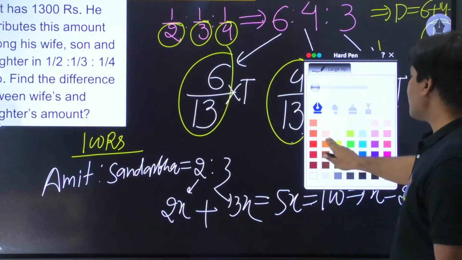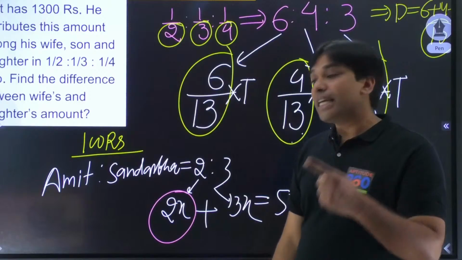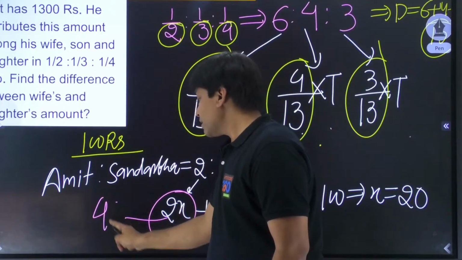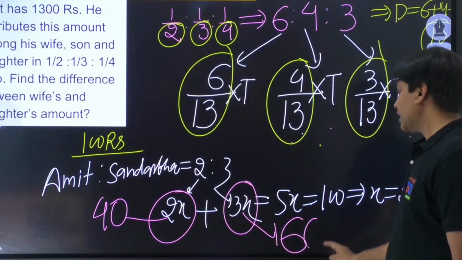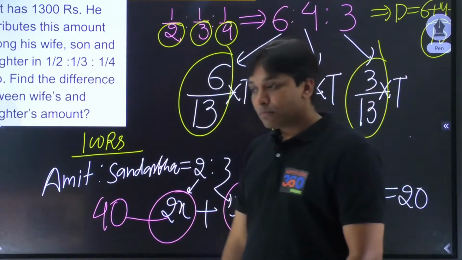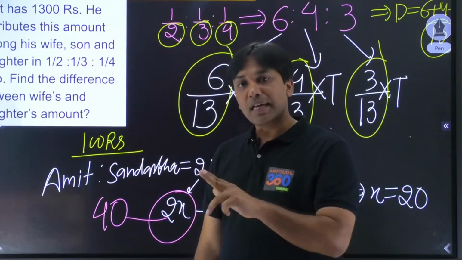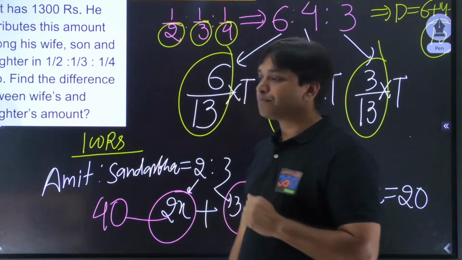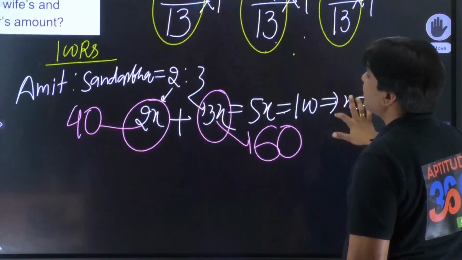So the first value comes out as 20. If x is 20, 2x is going to be 40. And what is the value of 3x? Is it going to be 60? क्या ये बात आपको समझ में आई संदर्भ? अगर मेरे और आपके बीच में 100 रुपए बांटना हो 2:3 रेशियो में, आप रखेंगे 60 रुपीज, मैं रखूंगा 40 रुपीज। मैं क्या कह रहा हूं कि प्रॉब्लम सॉल्विंग करते हुए इतना दिमाग तो हमारे पास, इतना समय होता नहीं है।